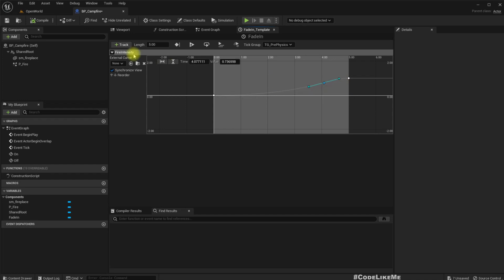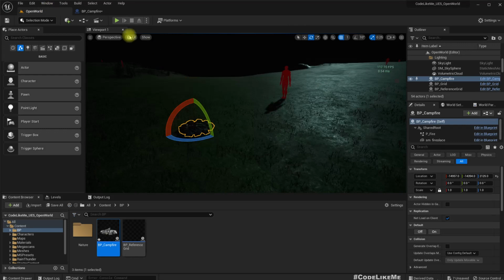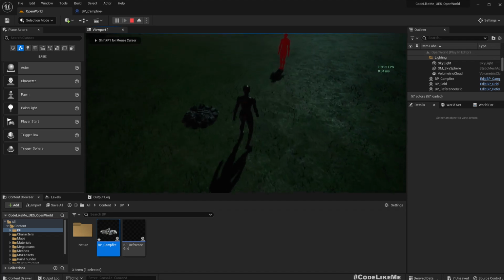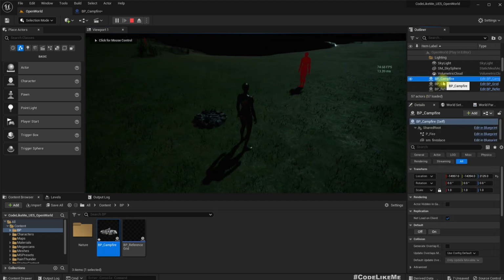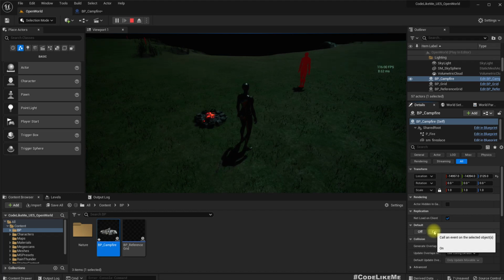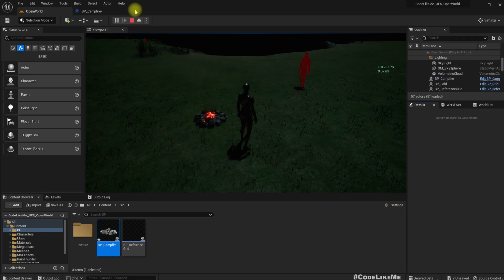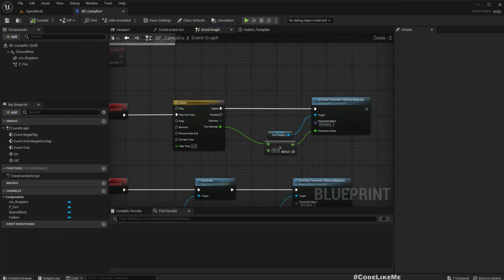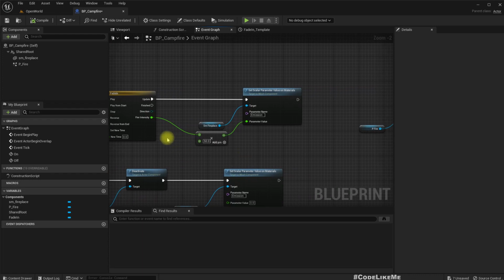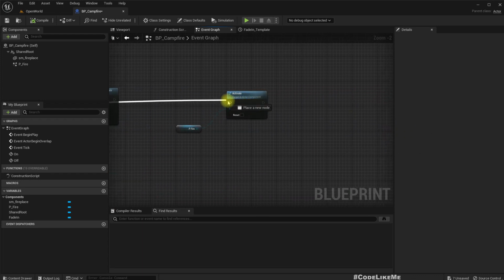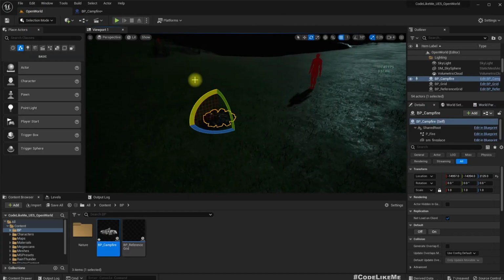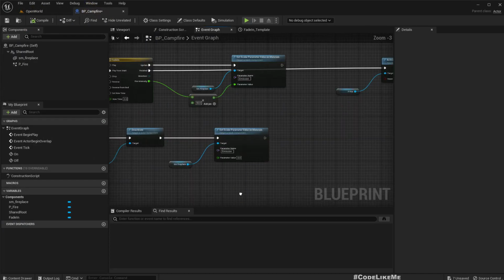Not much. Let's see. Select the campfire on. Yeah, that's better. Okay, and after 5 seconds, or maybe in the middle too. Now let's see after 5 seconds. Once it is finished, let's activate the fire. And also